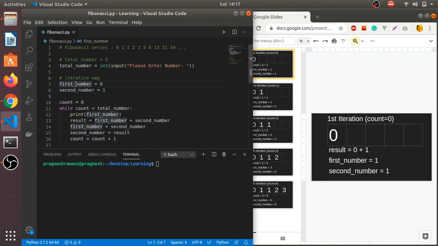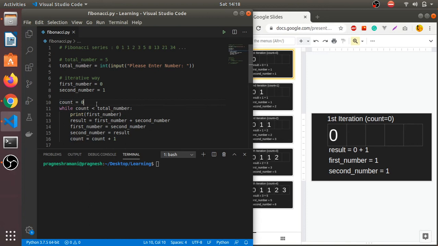After that we have defined the first number and second number variables. So what is this first number and second number variable? First number is basically representing from where our Fibonacci series is starting from. So Fibonacci series is starting from 0 or 1, and second number is representing the followed by 1 value. Okay, so in Fibonacci series, if you are starting from 0 or 1, after that the 1 value is followed by your Fibonacci series starting number, so that 1 is represented by the second number. Okay,